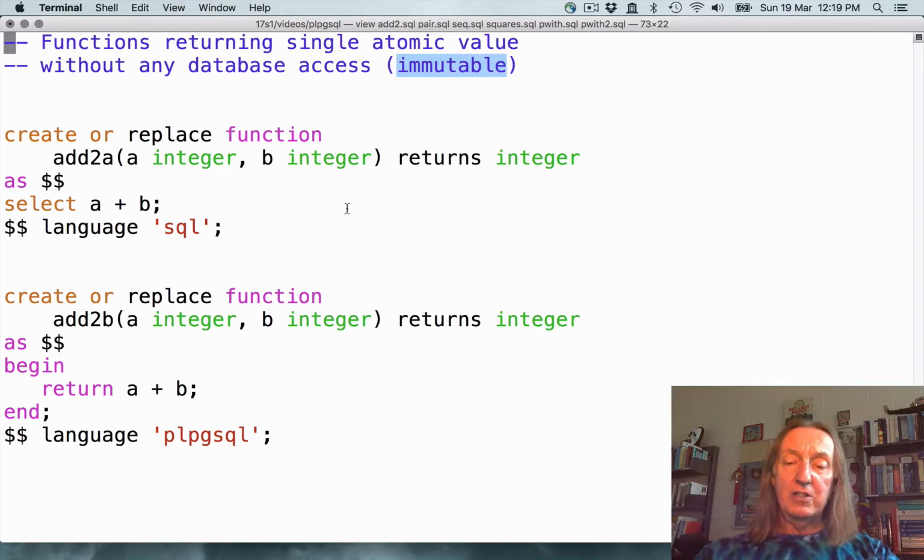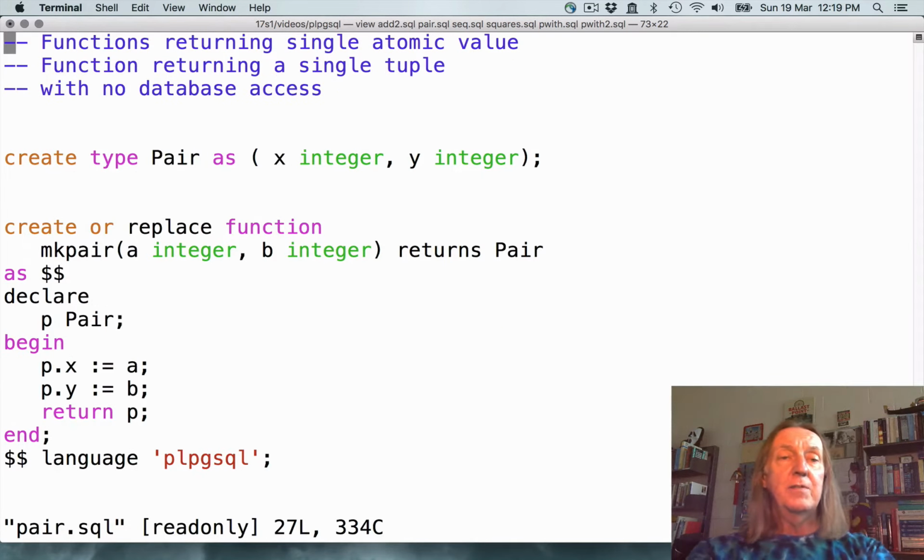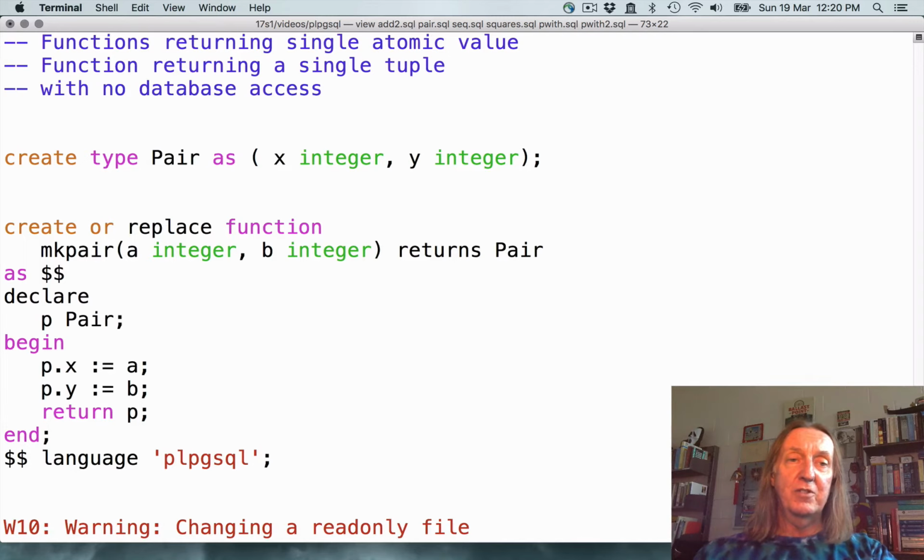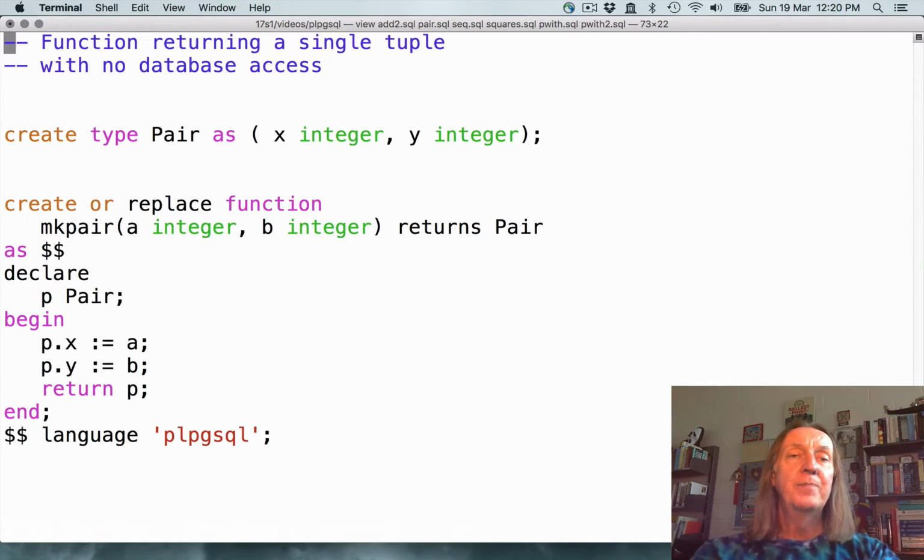Okay, so let's go on to the next function. And here's a function that returns a single tuple, doesn't return a single atomic value. And also doesn't require any database access. So once again, this function is immutable. Now, it has similar kinds of input parameters, 2 integers, but this time we can see that the result it returns